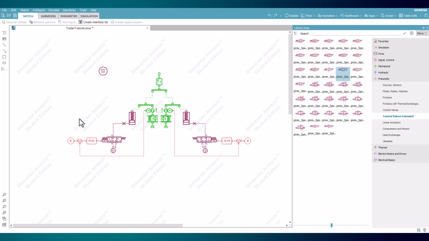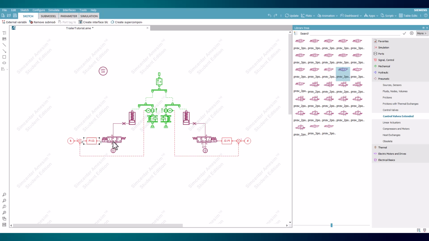The control loop will begin with constant sources for each side that will establish the goal value for the system. This goal will be compared to the actual value through a subtraction component, and the value being subtracted will be the compression of the suspension, sent to the subtraction component through a displacement sensor. The difference of the two is then pushed into a PID controller component, which will take this value and modify it as an output signal.